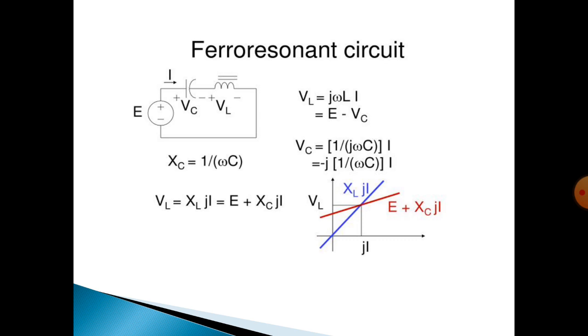So the total voltage V is equal to VL plus VC. Substitute the values of VL and VC in the total voltage equation. Finally we find the voltage across the inductance, VL is equal to V plus 1 by omega C. In that graph, the slope of the inclined line is given by tan alpha equal to 1 by omega C.